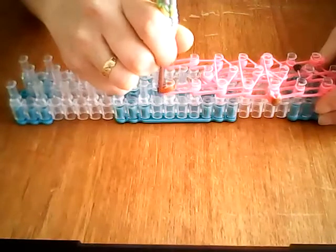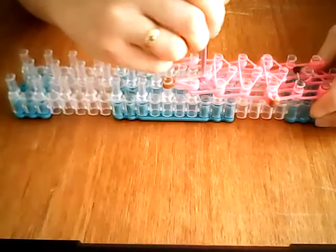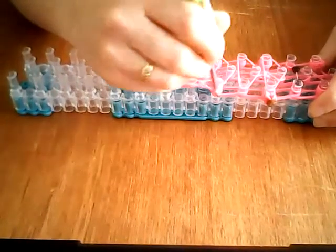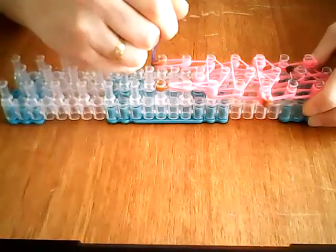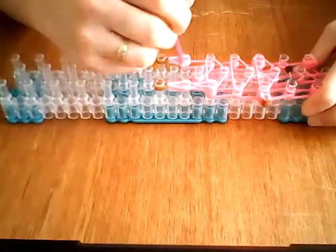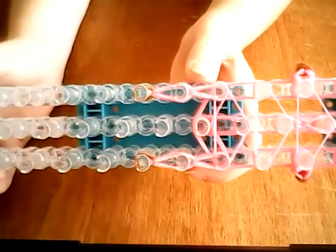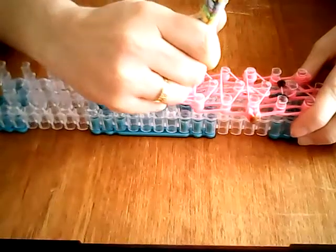So taking your hook, you go inside the brown cap band on the foot and loop up, and then loop up the one above. Same on the other side, push the cap band back, take both bands and loop them up. So you have like this, and you have little teardrop shapes as well. And then we're going to do the bands on this pin here. So again, pushing the cap band back with the back of your hook,